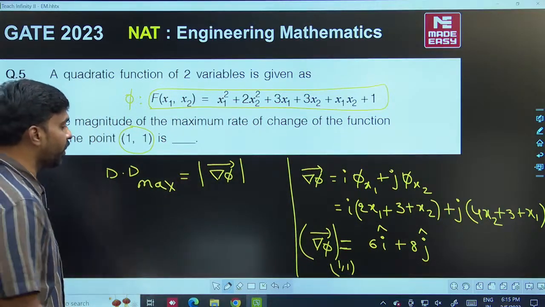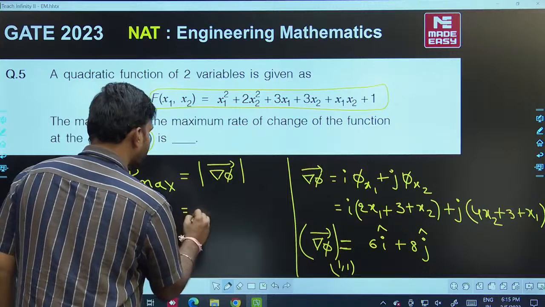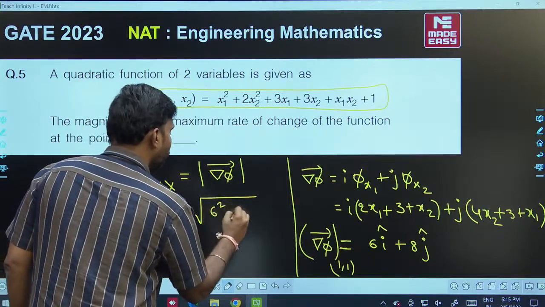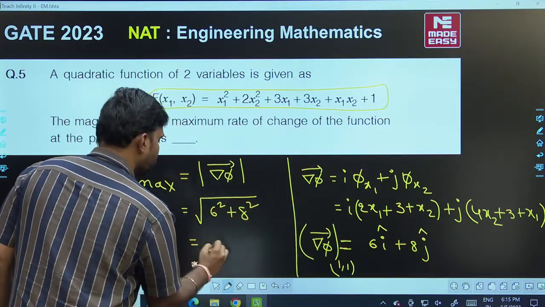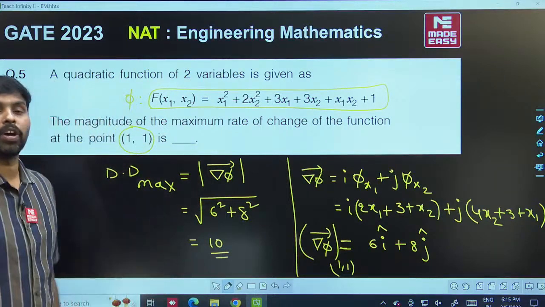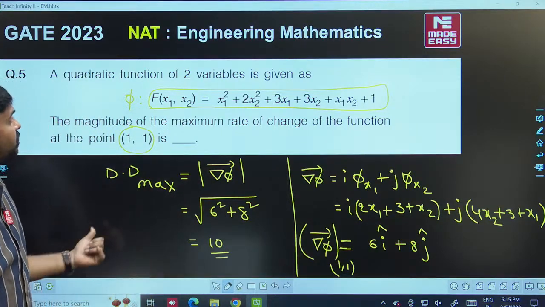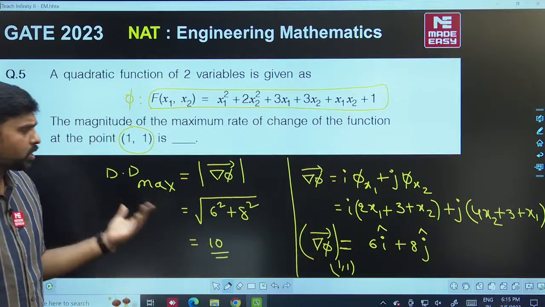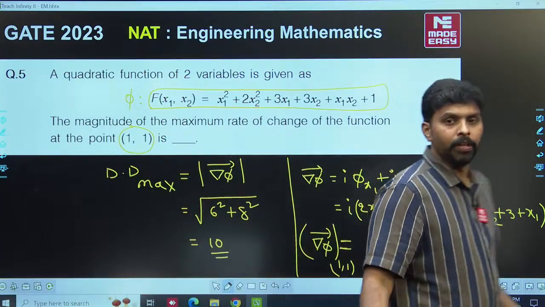So this is the del phi, and if you take its modulus, this is given by the square root of 6 square plus 8 square, so that gives you the square root of 100, that is 10. So this is the answer for this question. So this is also a simple question. Okay,